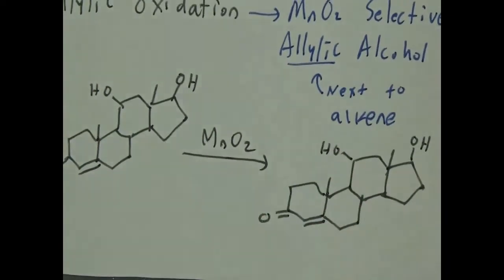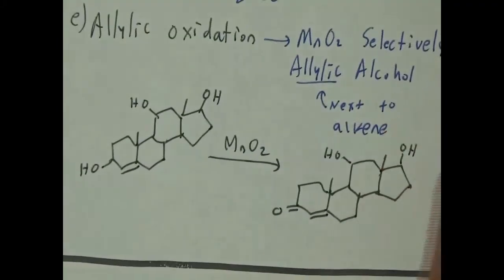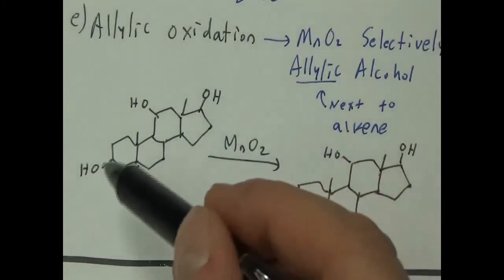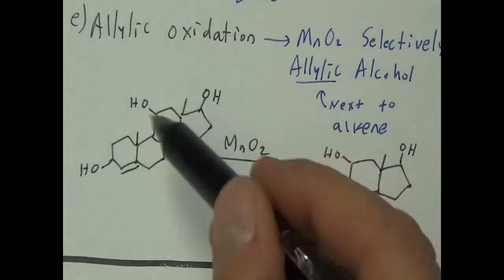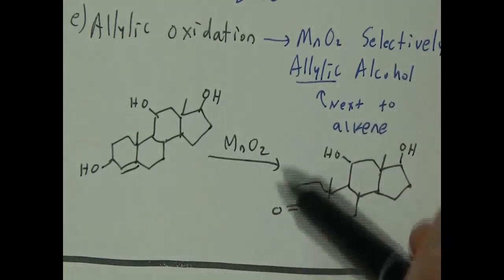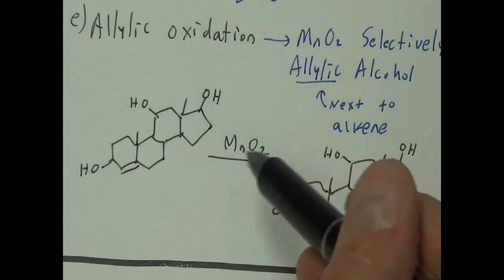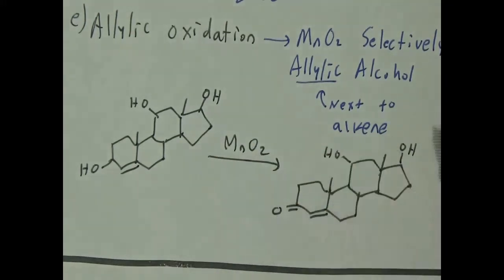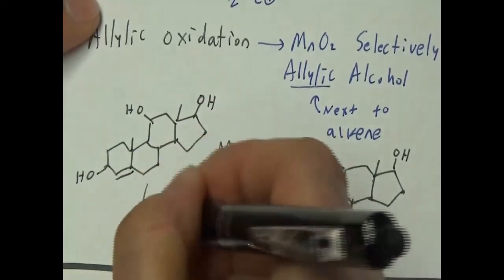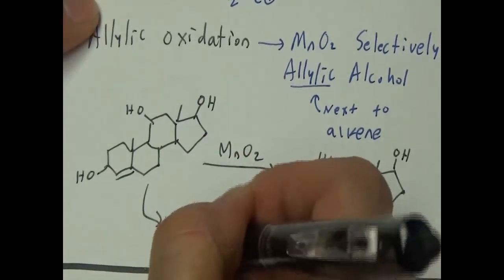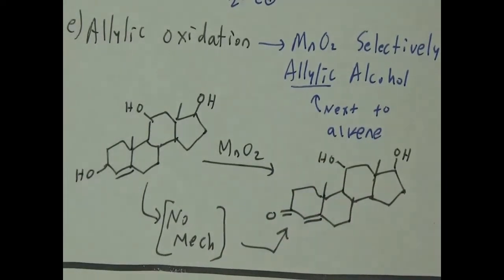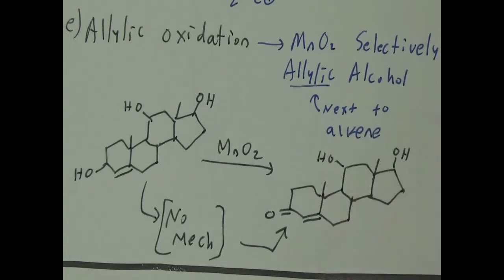Okay, kind of cool. It shows some of what we call selective chemistry, where we can selectively operate on one functional group and not other functional groups. Probably what happens is something about the manganese coordinating to the alkene, and then it causes the oxidation. But no mechanism. It's a cool reaction. A million uses in organic chemistry, so that's kind of cool.